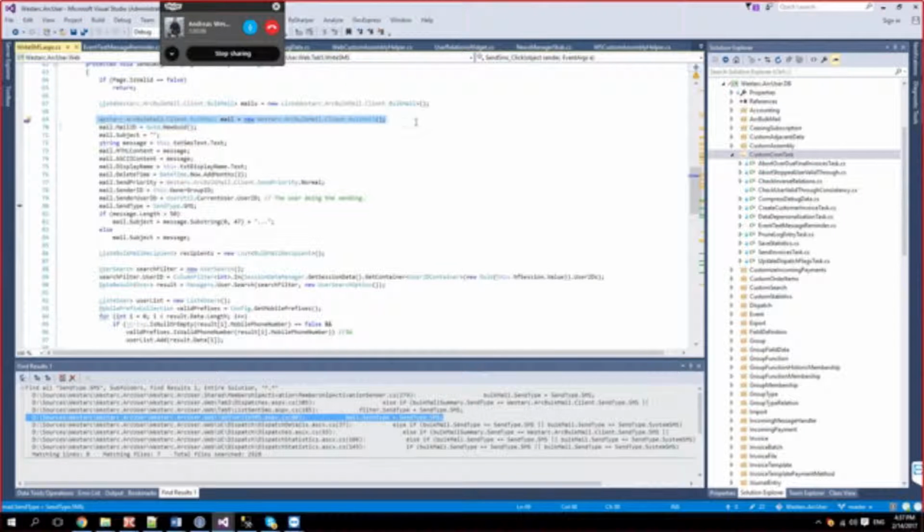We declare a mail. We set a subject and an HTML content and an ASCII content. Well, it should be just ASCII, but you need to set them both. The display name is, I don't think you need to set that one actually.